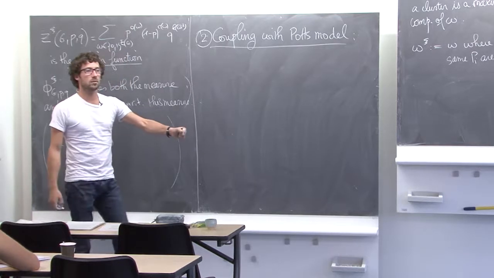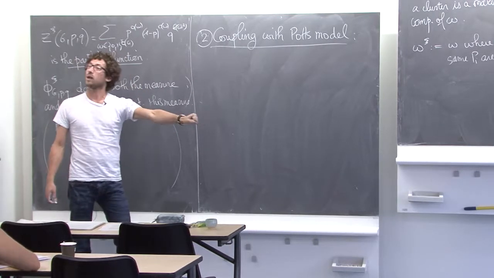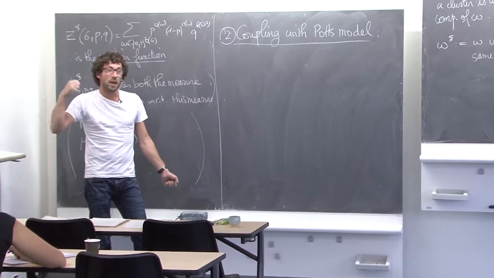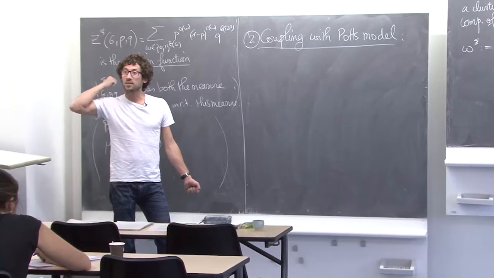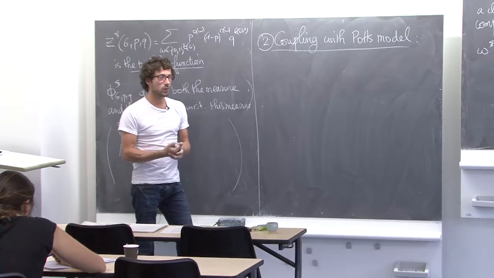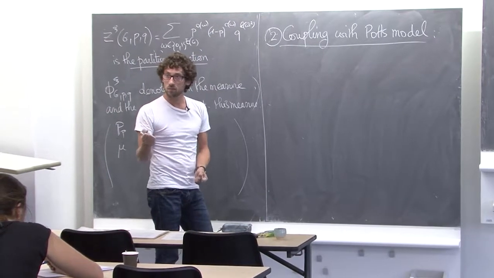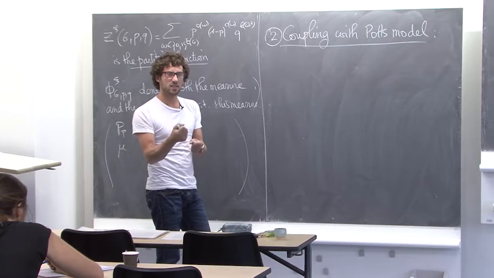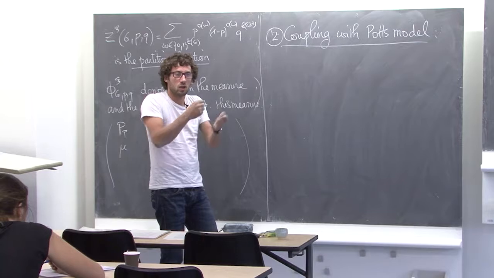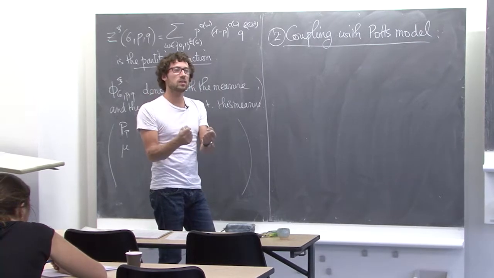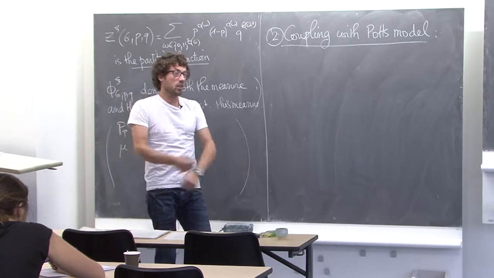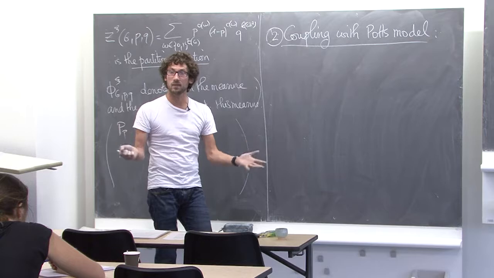The Potts model is a random coloring of the vertices of my graph. My random cluster model is just a percolation configuration. How do I get a random coloring from a percolation configuration? Well, what I can do is the following. I have my percolation configuration, and I'm going to say guys in the same cluster must receive the same spin, since it gives me information on the correlation. Let's decide that this is my rule. And if they are not in the same cluster, I'm going to give different spins independently.